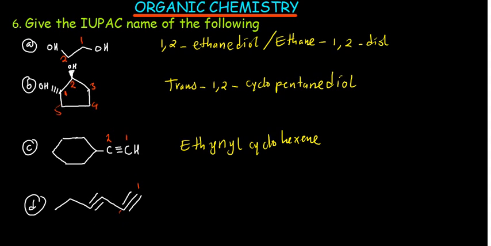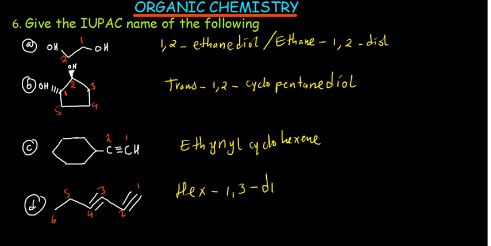So position number 1, number 2, number 3, number 4, number 5, and number 6 there. So the whole compound has got 6 carbons, so this is going to be called hex. Now at position number 1 we have got a triple bond. At position number 3 we also have a triple bond, and then we simply say